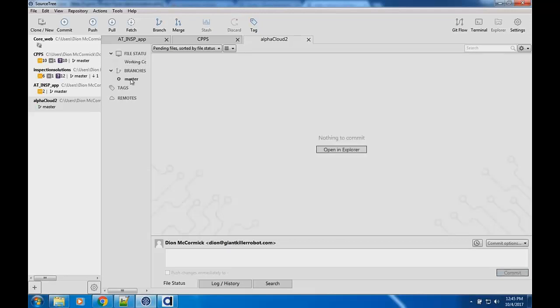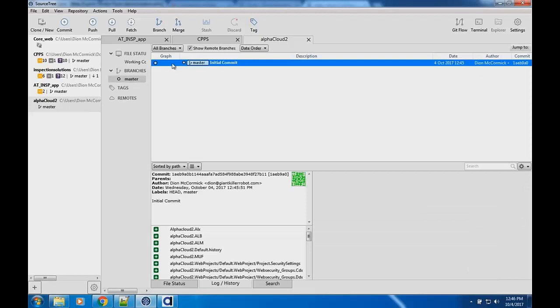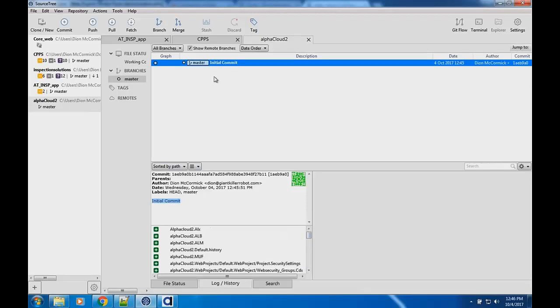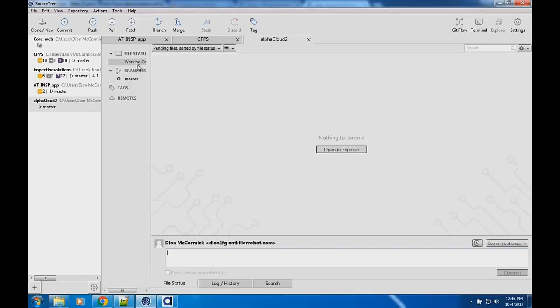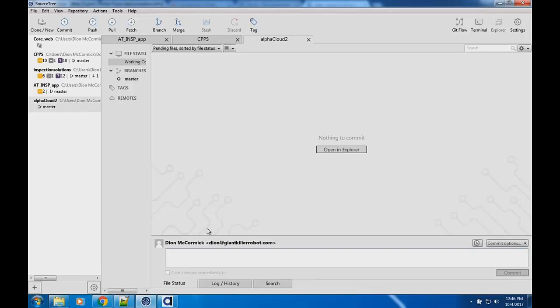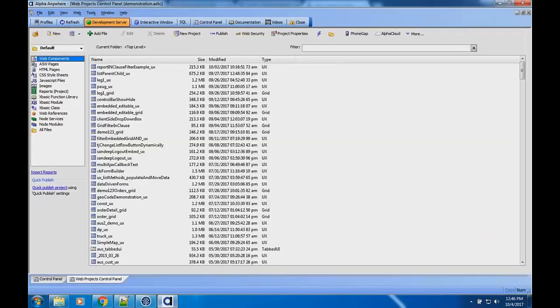But now I've got my new branch, and you'll see here's my branch right here. This gives me my history, and shows what happened during that commit, and now I'm off to the races. That's kind of my history view here, and I only have one commit. But now if I go to working copy, I see there's nothing in there.